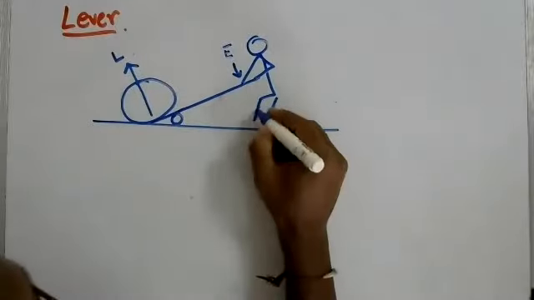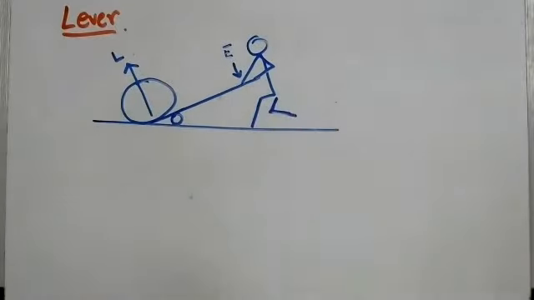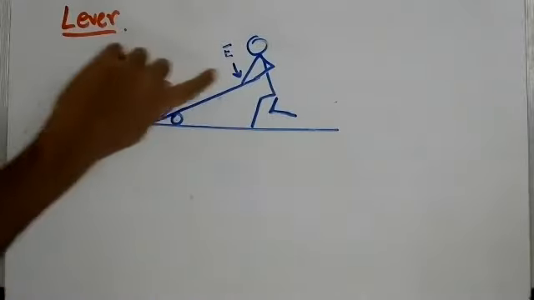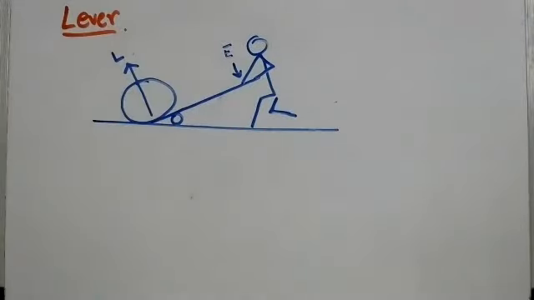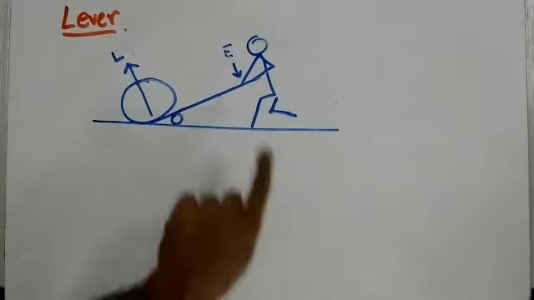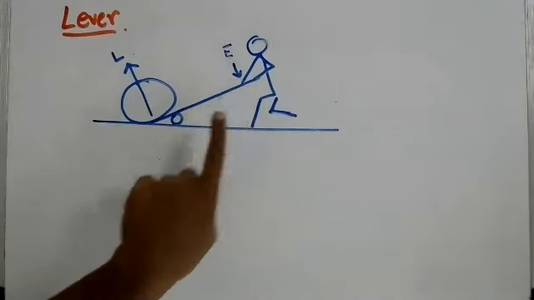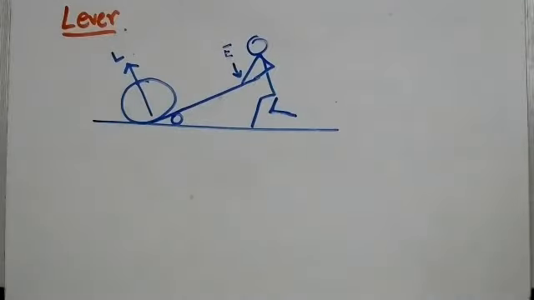Now, this fellow looks like he's gone off the ground. Now, could somebody explain, if you remember, why is it that the effort is small and the load is large? How does that happen? Because it seems quite fantastical that you are able to apply a small force on this side and get a much larger output on that side. How can the force just increase like that?